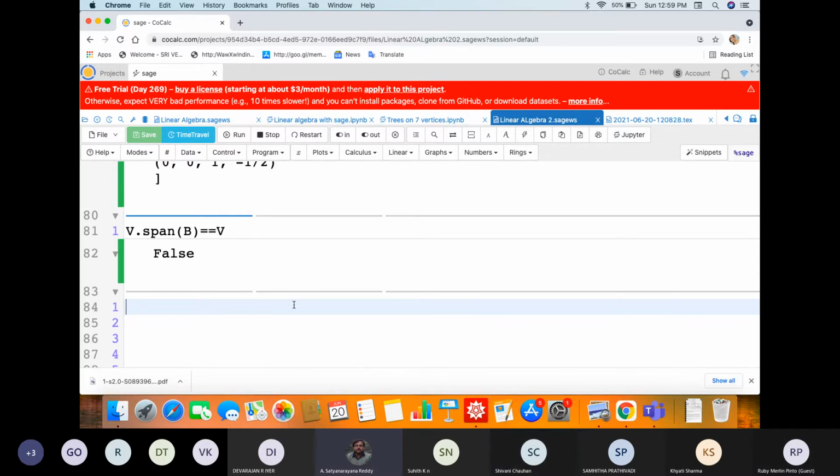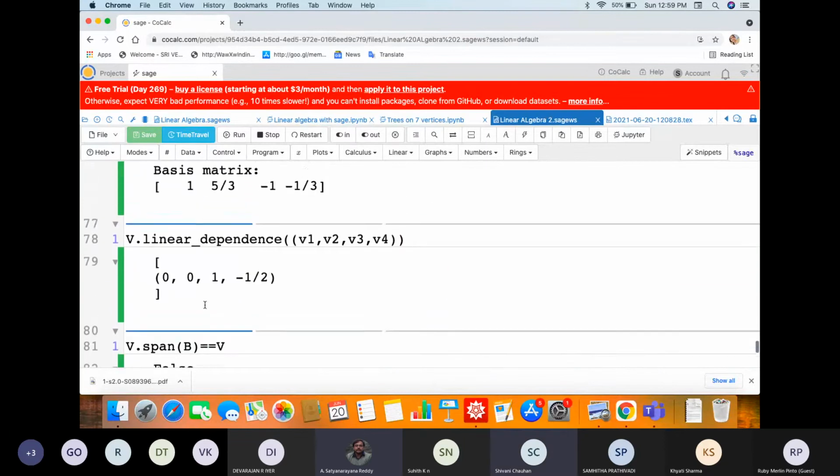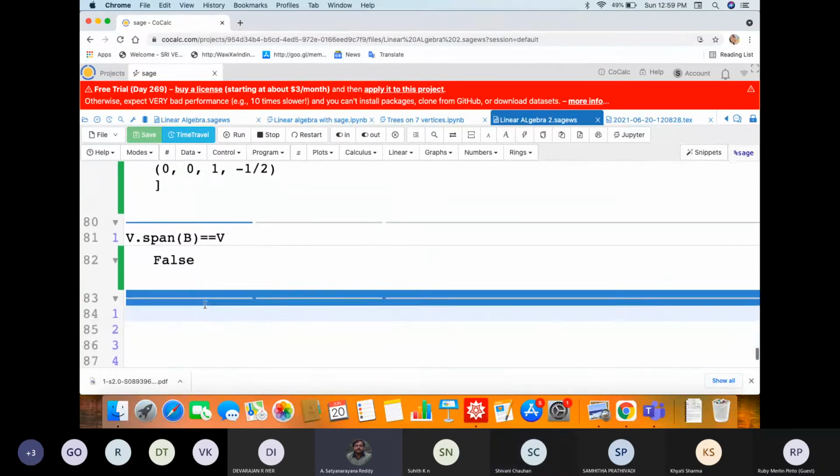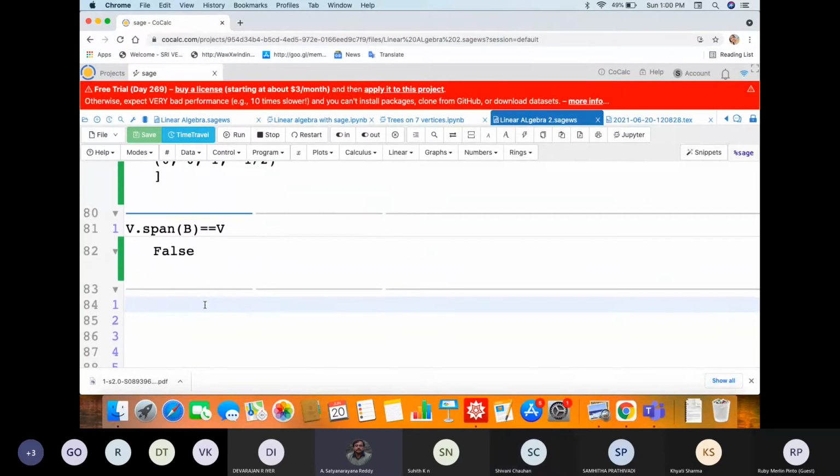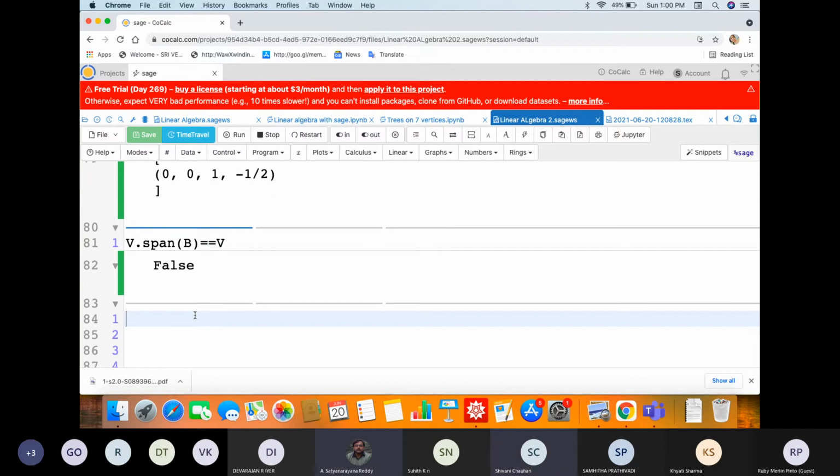Shivani will talk to Ruby again. But now span is fine. Is it possible for me to find the subspace spanned by these vectors? That means what is the span of B? Now already you found it, right? Yes, the span of B.